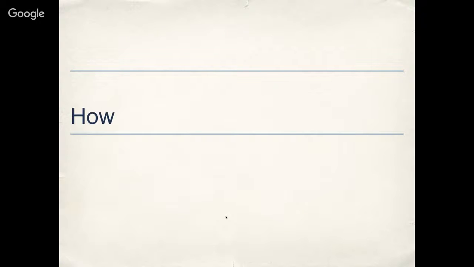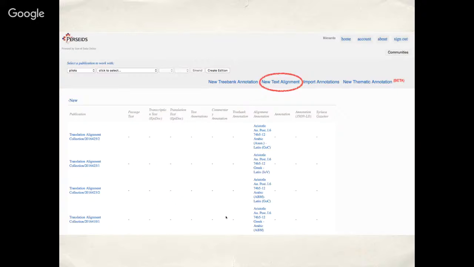Okay, so we're done with the historical part. We can now move on to how this actually works. So how do we do alignment? Well, I'm going to show you some stages in the process, and the way I do it is by using the Perseids environment. So I'm assuming here that at this stage we all know how to log in onto Perseids,